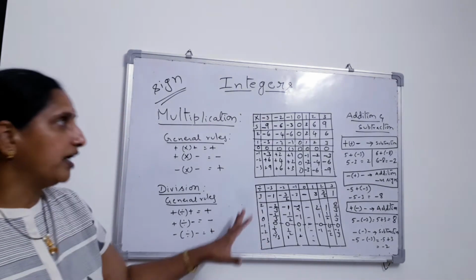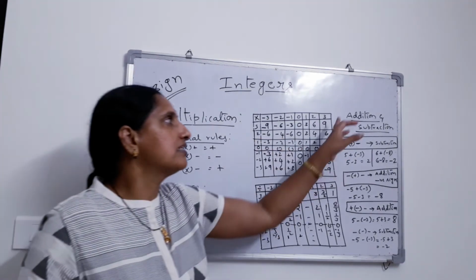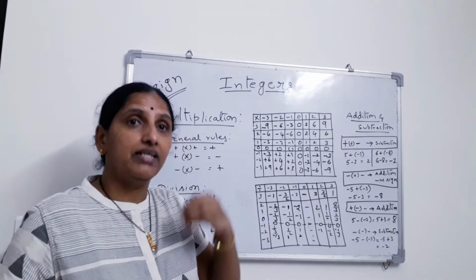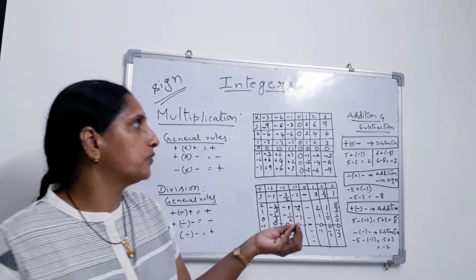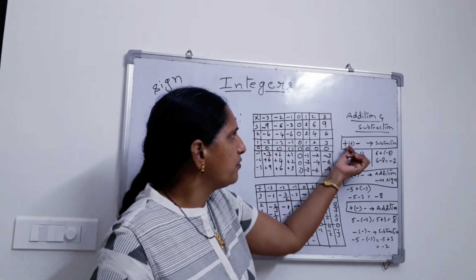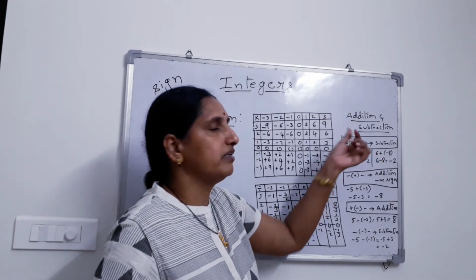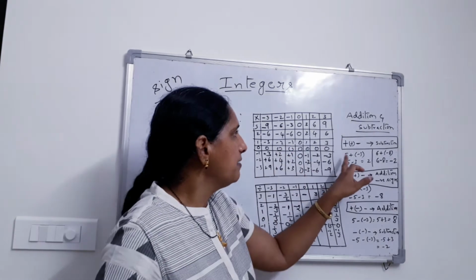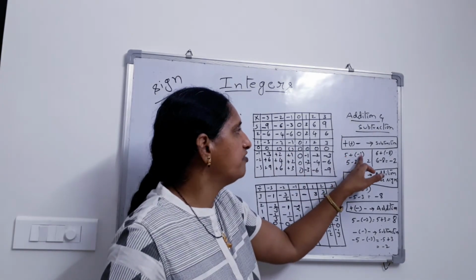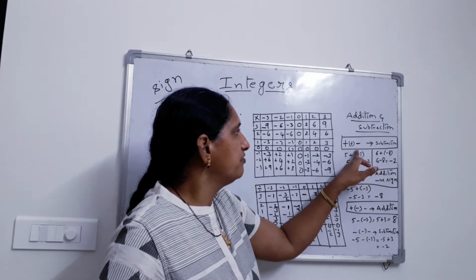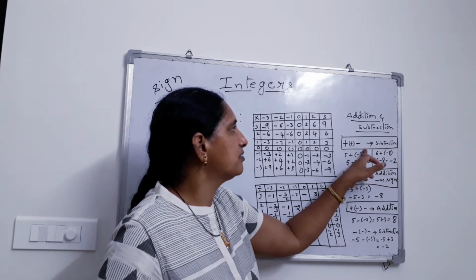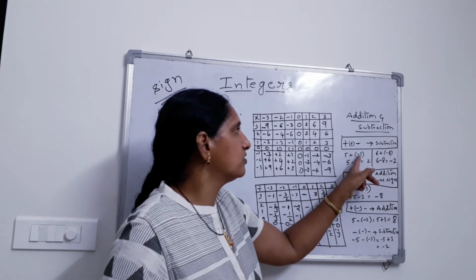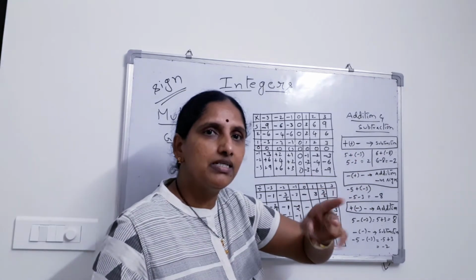Right. So now let me again revise addition and subtraction conditions. I already said I will give examples for the general rules. First one, if a positive integer and a negative integer are added, subtraction takes place. See, 5 plus of minus 3. So, wherever it is negative, please keep this within the brackets. No two operators or two signs should come side by side.